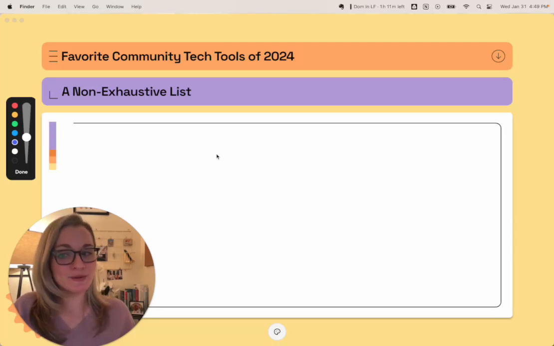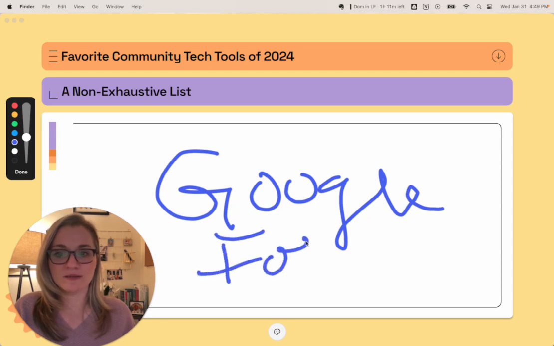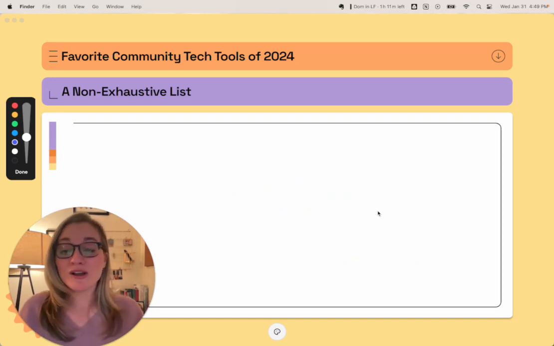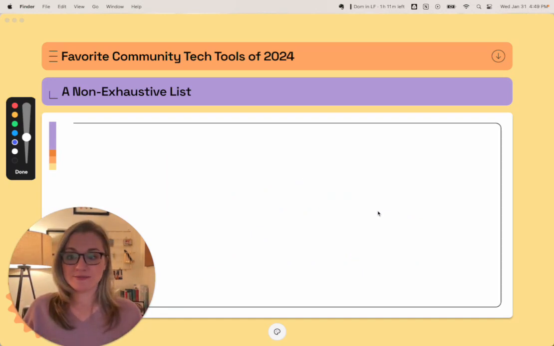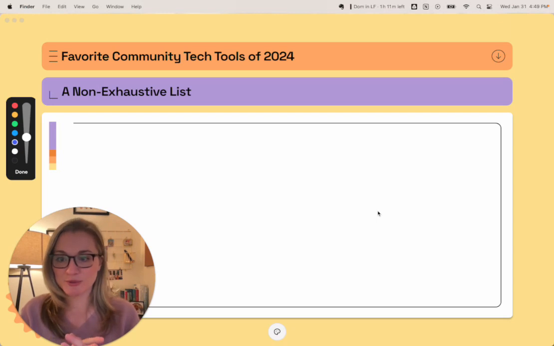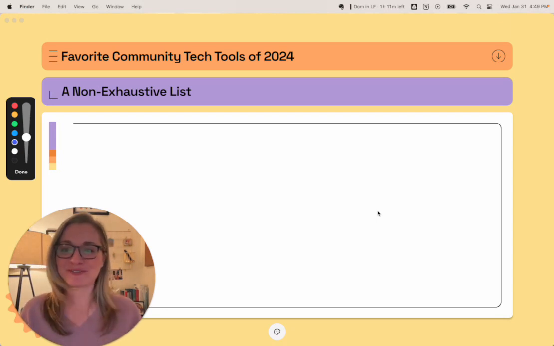And then the last one I want to talk about, it's surprising that it's taken me this long to get this much use out of it. It's Google Forms. Okay, here you go. There, you're seeing me write in cursive. It's not very good. Google Forms. For the longest time, I was a huge Qualtrics fangirl. Now, it costs thousands of dollars per year, and for a lot of organizations, hundreds of thousands of dollars per year. I have become the biggest detractor from Qualtrics because Google Forms, unless you're running really robust research like I did in grad school,